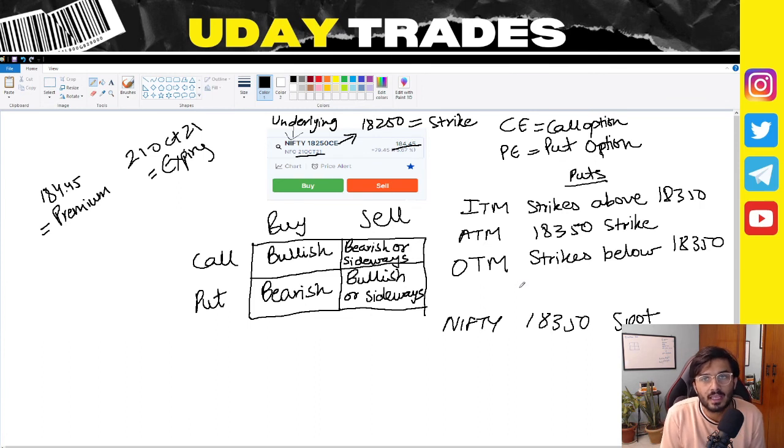What is important here is that the premium doesn't decay much for in the money contracts. Why I'm telling you all this is because people make the mistake of buying out of the money. When they are buying options, they buy out of the money because the premium is lower, but there is a reason why they are cheaper: it is hard for those contracts to come in the money by expiry.